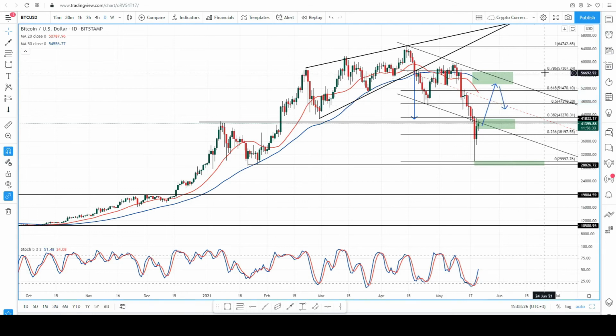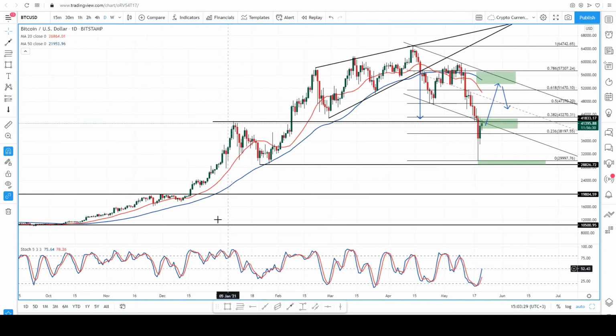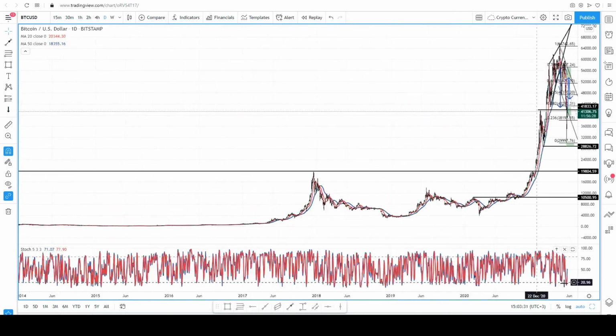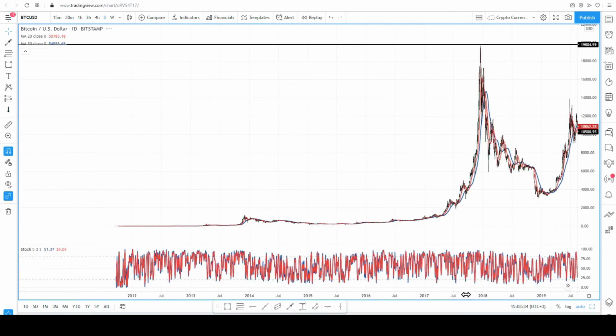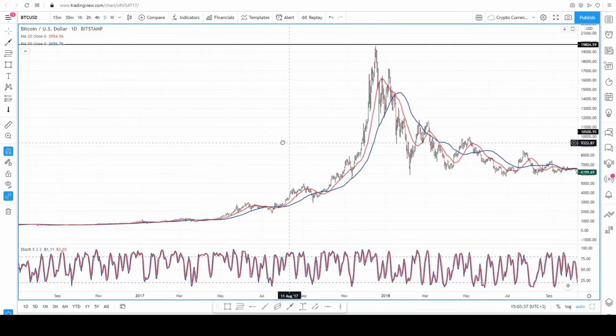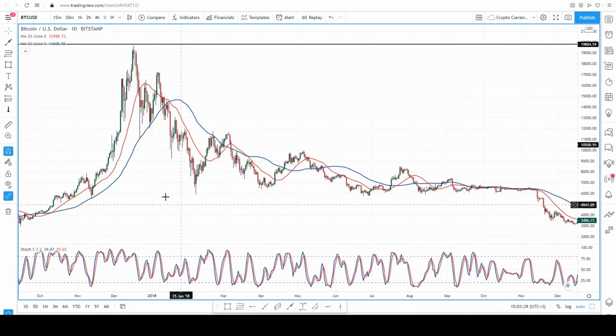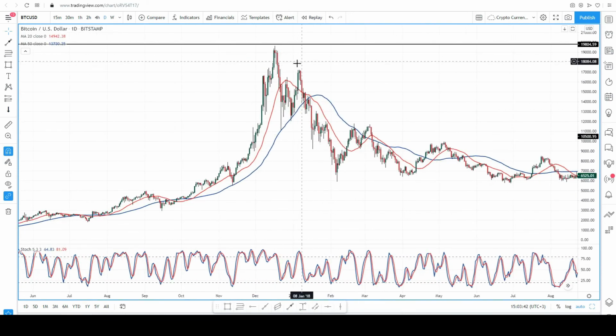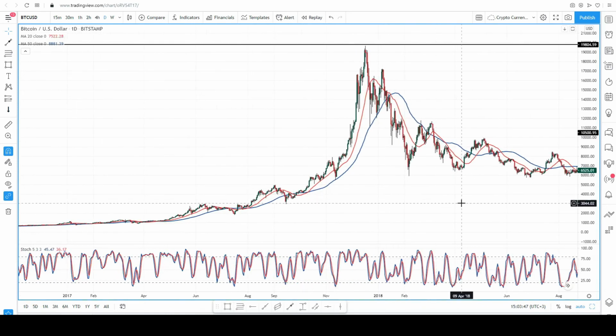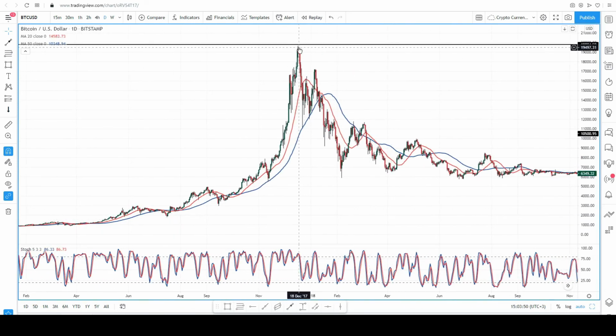But remember, the previous time, let's go back to 2017 here. If I just take this so that you can see what happened, the market really was swinging about, and then it took quite a while before it was able to go back and challenge these highs. So from December 2017 to recent times, really. So this is going to be a trader's market, not so much an investor's market,